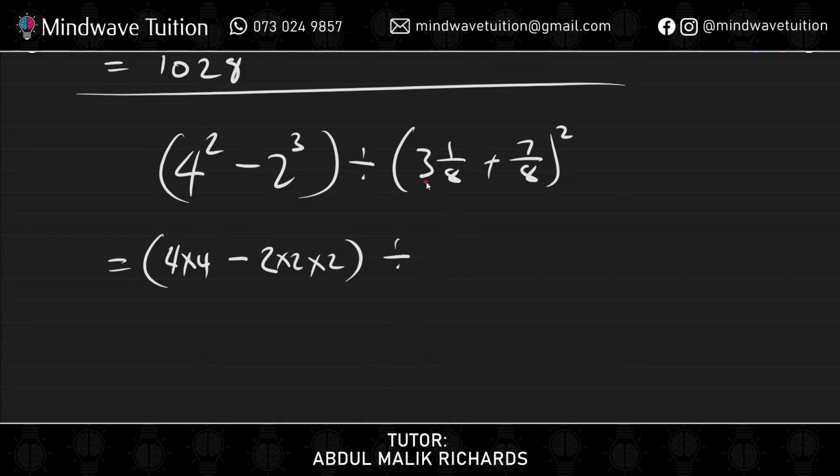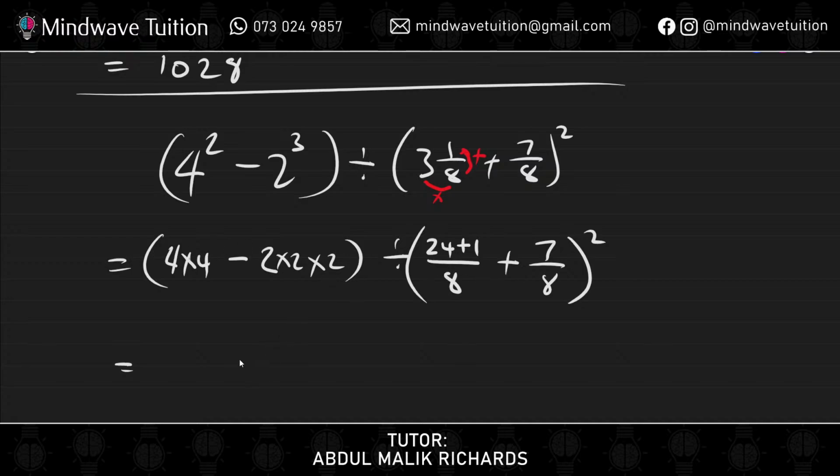We take the whole number and multiply it with the denominator, and then that answer you will add to the numerator. So 3 times 8 is going to be 24, and we must add that to the numerator. The denominator will stay exactly the same. Plus 7 over 8 to the power of 2. We'll work with that to the power of 2 in a second. We just want to work with inside of